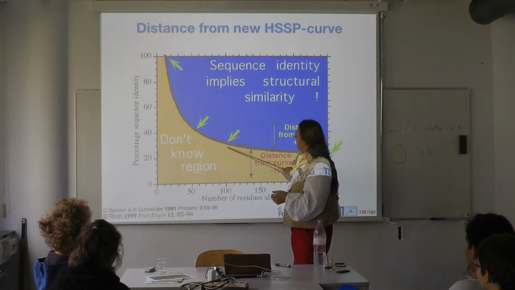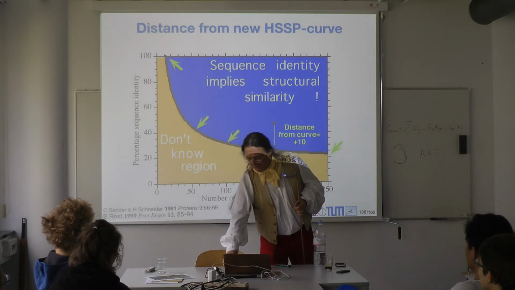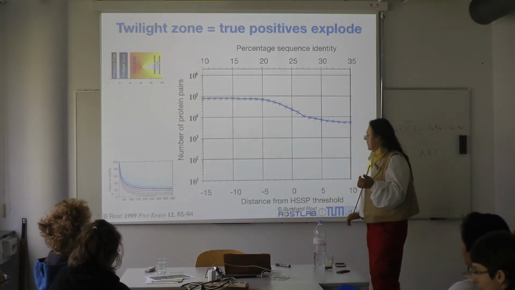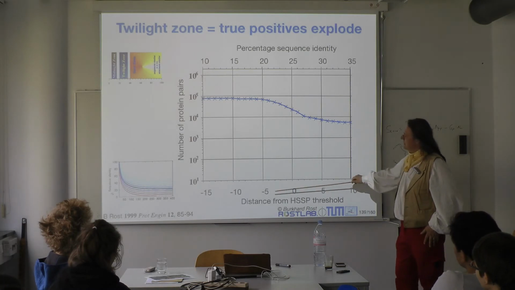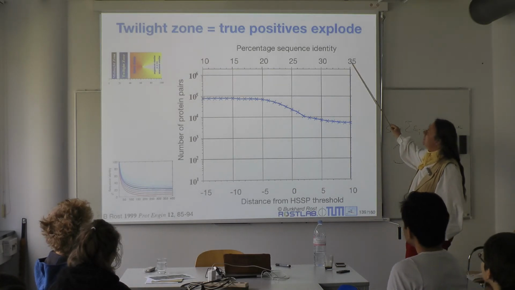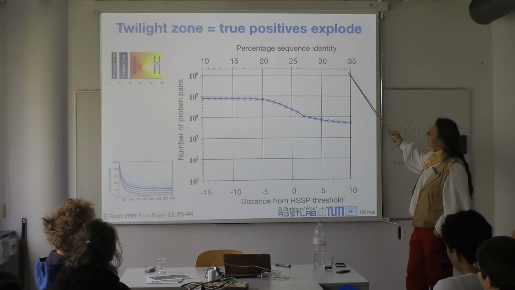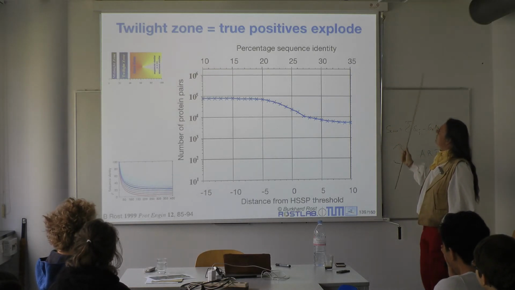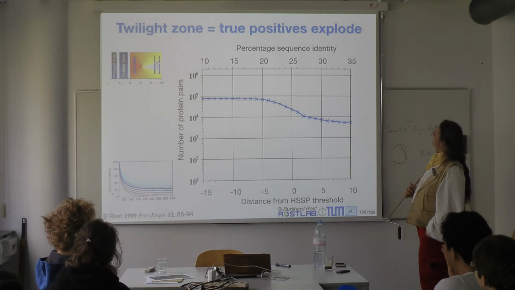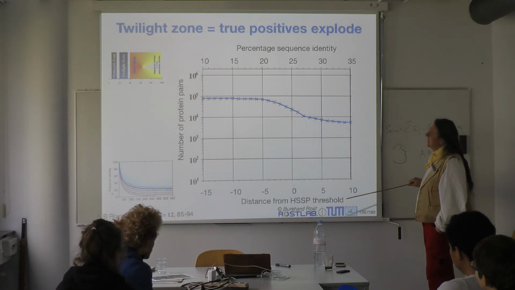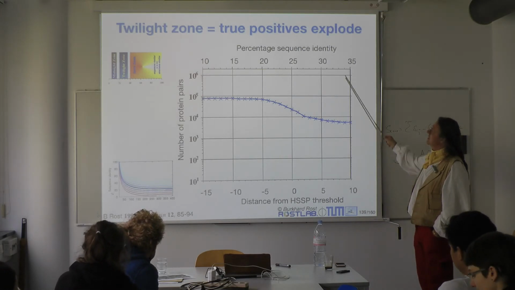Now we're going to look at how well we infer similarity in structure from sequence comparisons with respect to that curve. The distance with respect to that curve. I put sequence identity here, and that is the value, I guess the value for, it's not 100 residues. I don't remember what the value is that I look up. But the data is really done on this axis. This is just for